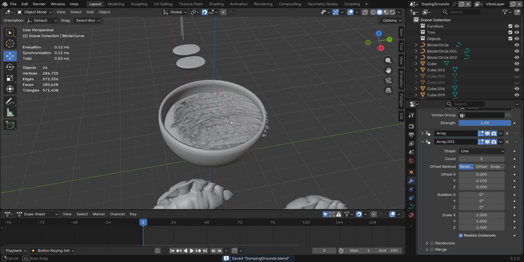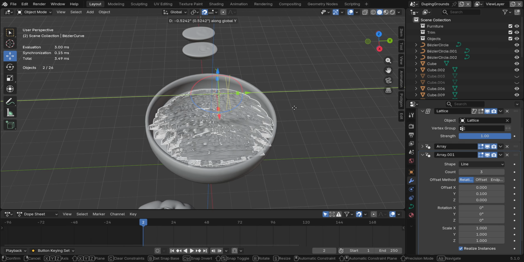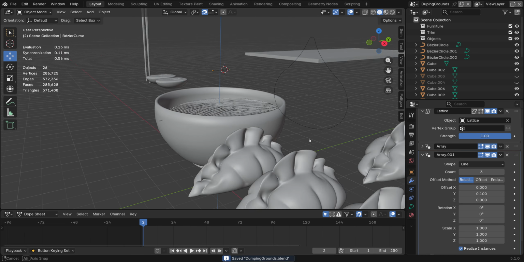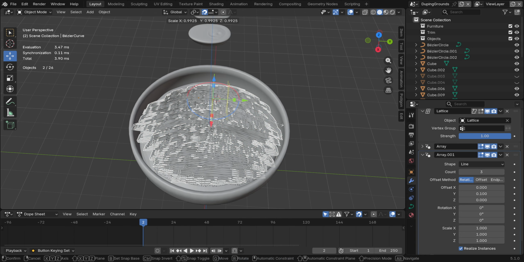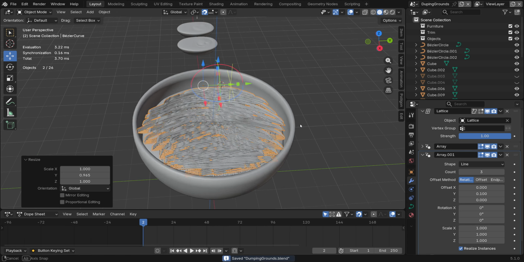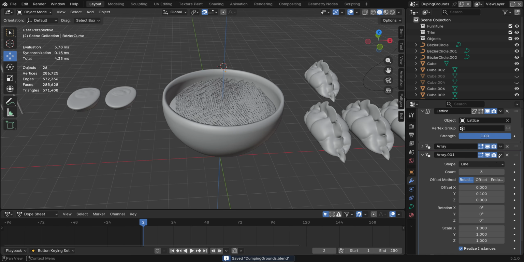Now we have a ton of noodles. And we're just gonna move that like that. Scale that down a bit. Now we have a